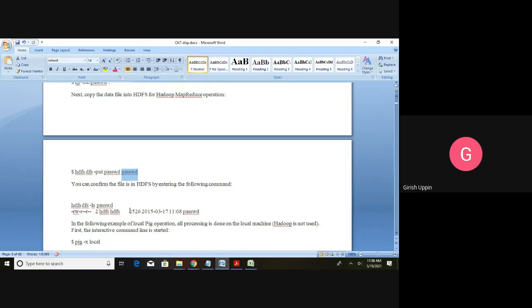And if you want to check whether that particular file is there or not, we know the listing command. How to use that? hdfs space dfs minus ls. It will do the listing of that particular file. So we are doing listing, and we are giving the name of the file. We are not checking the complete directory, just checking whether that file is there. So we have this file, and this is the permission.